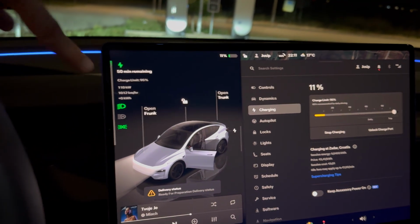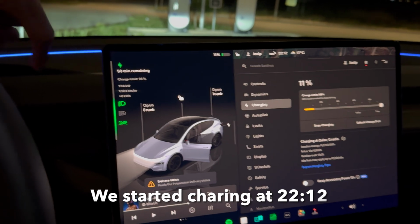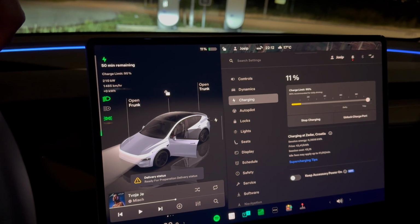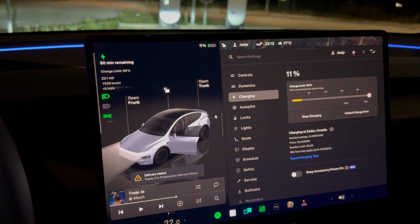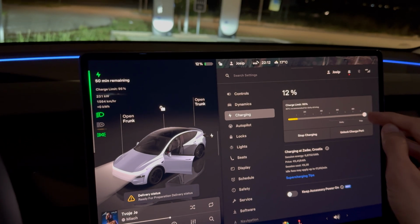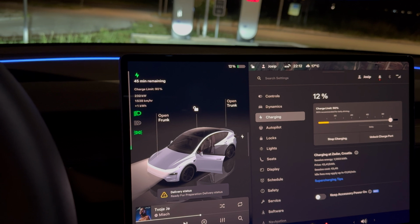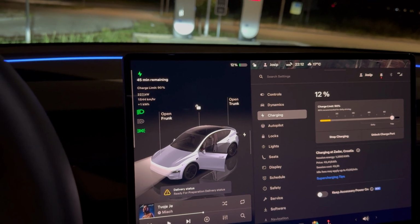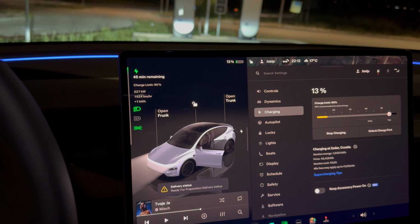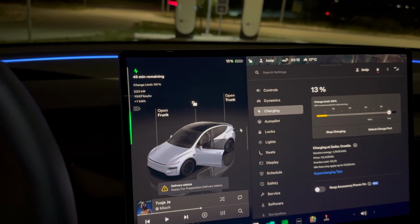We're already charging. Let's see the power. It's ramping up slowly though, but going up. 210, 220. So I'm just gonna lower this. I don't need it that much, but 232. I was hoping for more. At least briefly 250, but